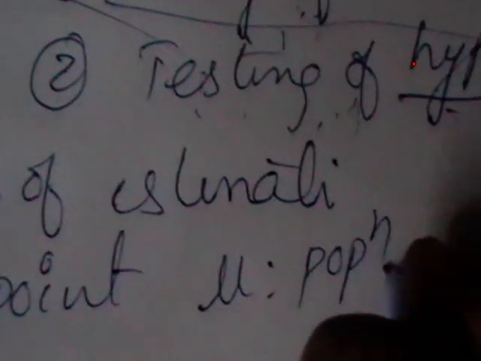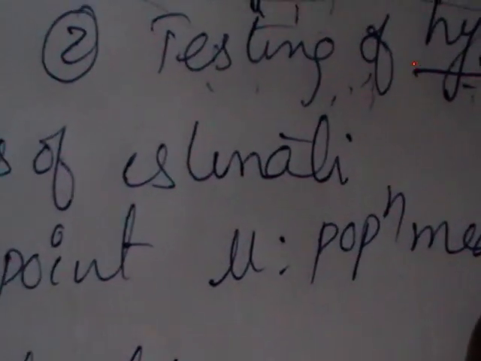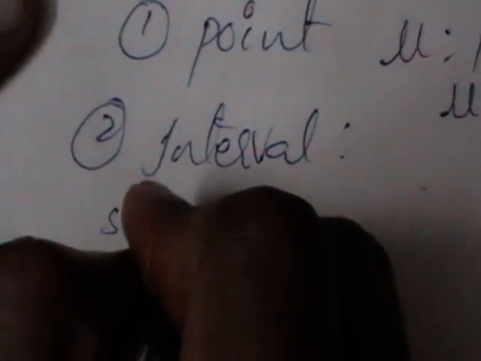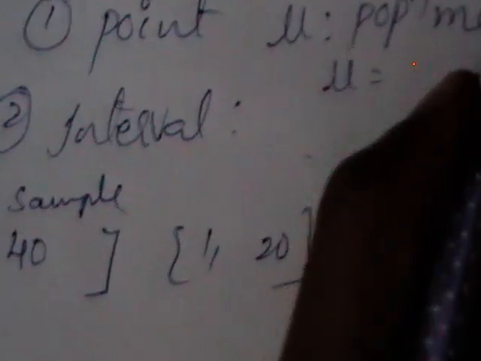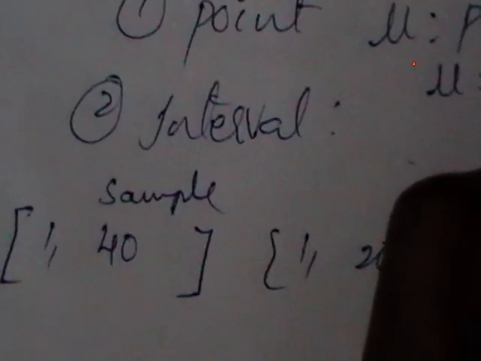We call mu the population mean. Are population values known or unknown? Population values are always unknown to you, so mu may be estimated. I have a population of these values. I considered a sample of 40 values. Another person considered a sample of 20 observations, and we estimated the corresponding mean value.